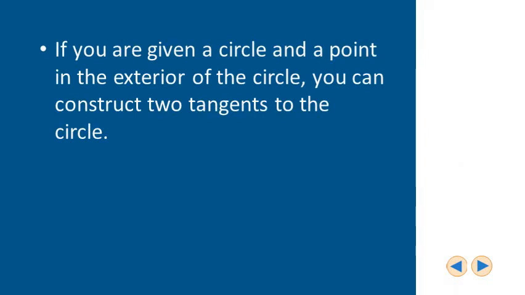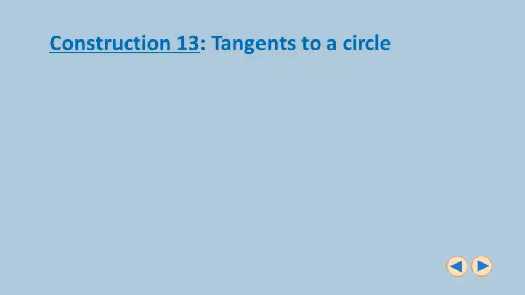Now, if you are given a circle and a point in the exterior of the circle, you can construct two tangents to the circle. And this is the new construction that you're going to have on your quiz number 1. Now, this construction takes 9 steps. Most of them are simply that you have to bisect a segment connecting the point and the center